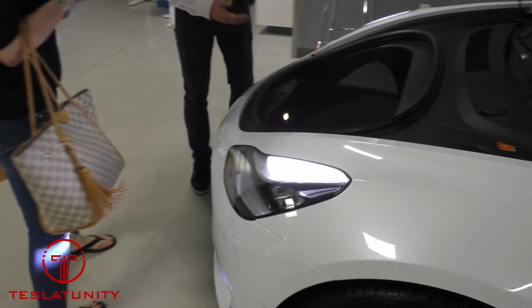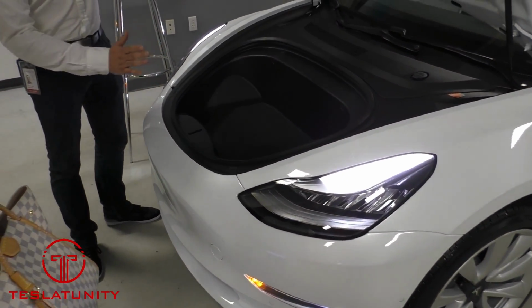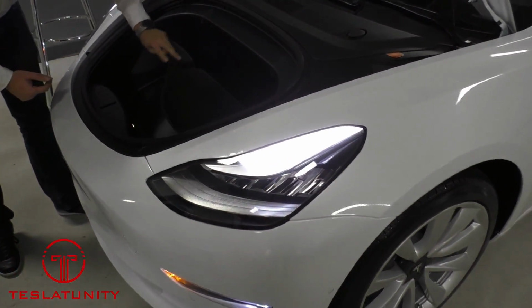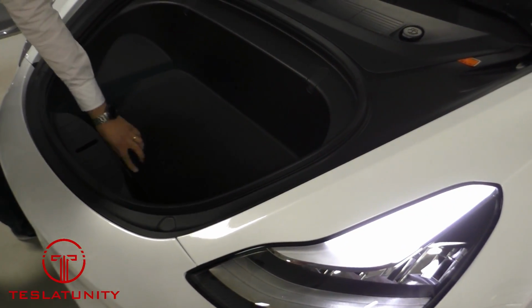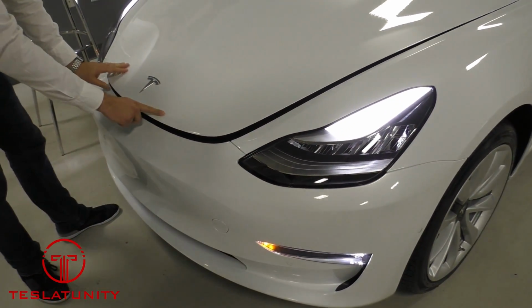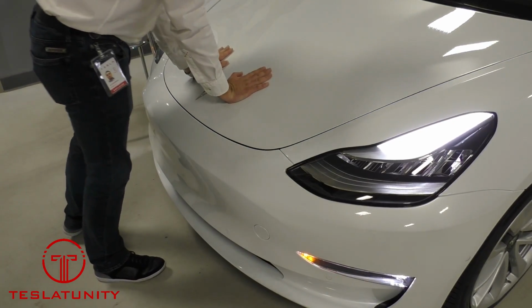So here, it's the difference with any other cars. You don't have the engine, you have plenty of space to store something, and on top of everything, it's in front, and you get a lot of security in case of an accident. Over here, you have a hook in case you have to be towed, because you get stuck somewhere. Very hard to get stuck with this car. Okay, to close the front, you basically put the two hands right over the T, press very gently until you